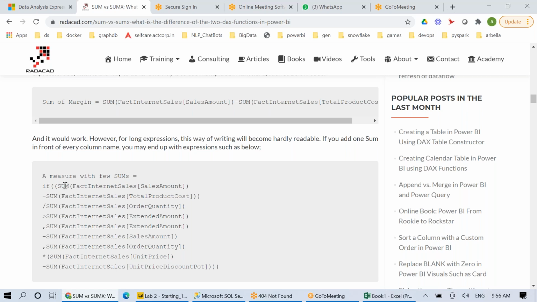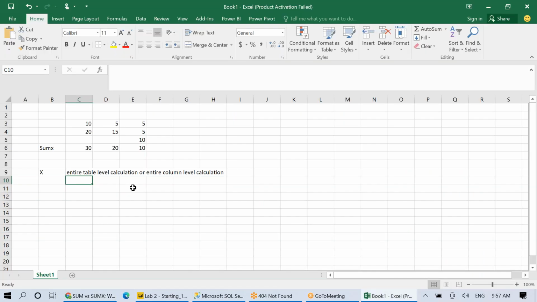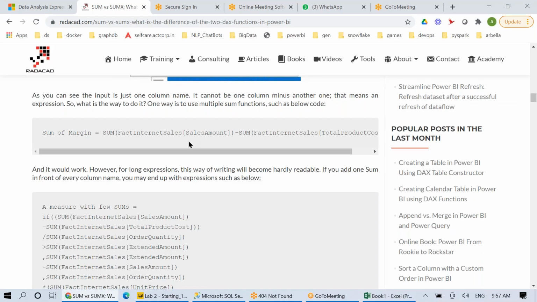Then see how many sums we have to use here. This is also correct only. Sum of this we are doing first, then minus sum of this we are doing. So that means this entire column we are summing first, then we are summing this entire column. The two results we are trying to subtract. That's what we did here. But this expression is fine if you have the time and the patience, then there is no need to use SUMX anywhere,